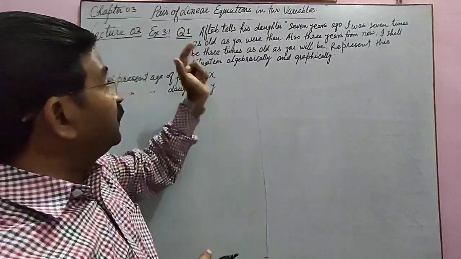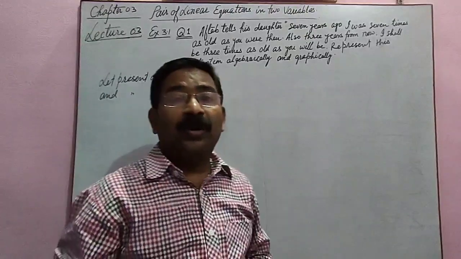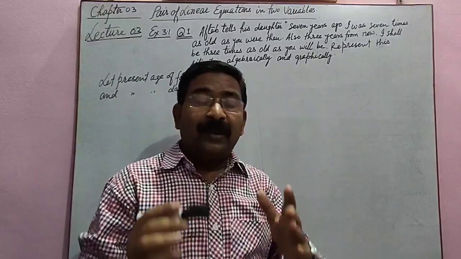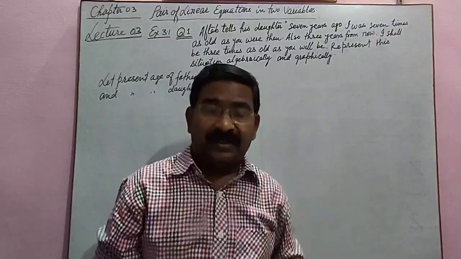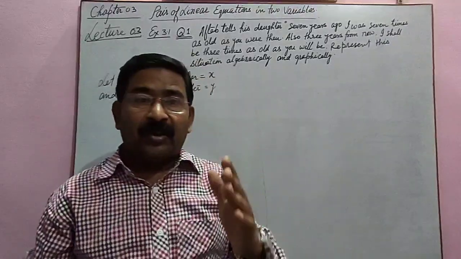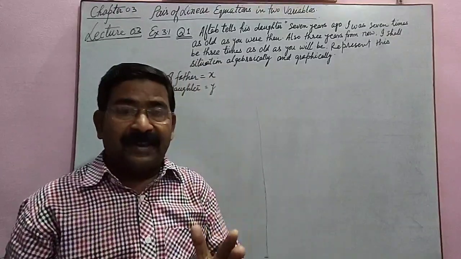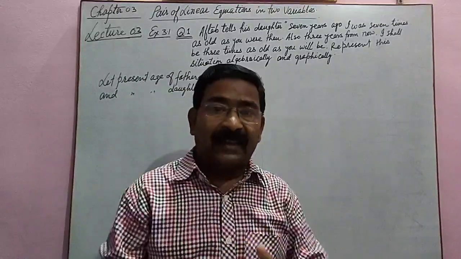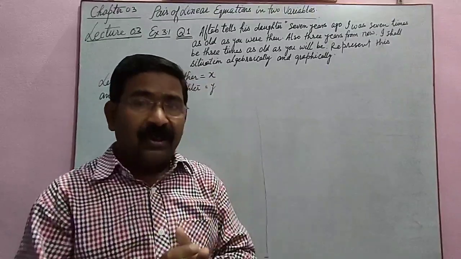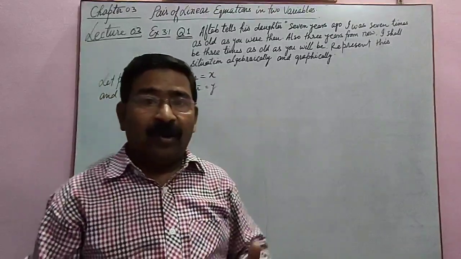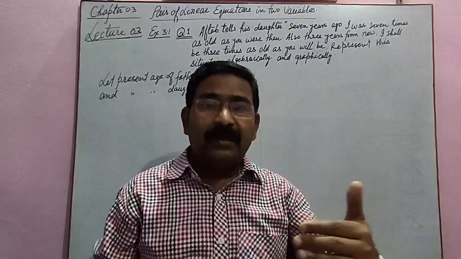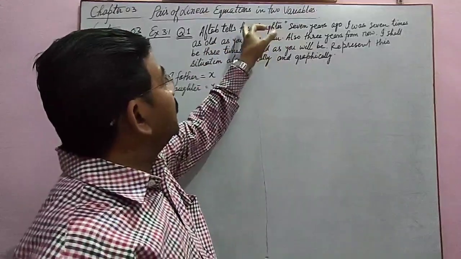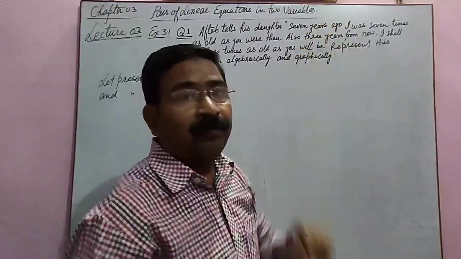Now we read this situation. Suppose you are 15 years old this time. So what would be your age before 3 years? Means if you are talking about the age before the present age, what we do, we subtract that much time from your present age. Like 3 years ago, what was your age? Means 15 minus 3, 12. What will be your age after 3 years? Means 15 plus 3. So here in the question, Aftab tells his daughter 7 years ago.